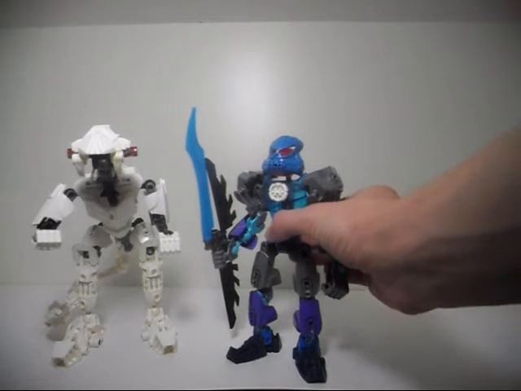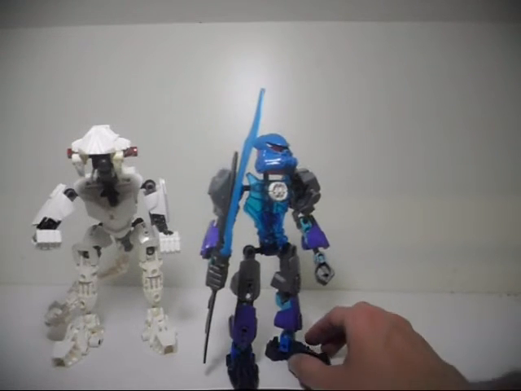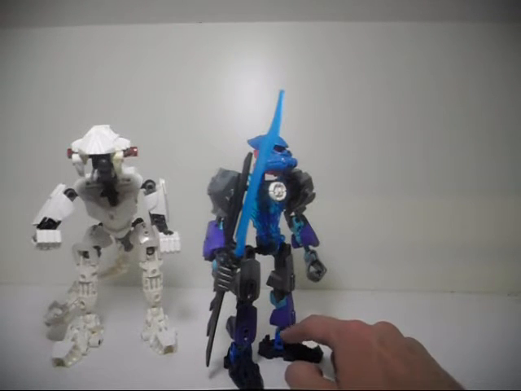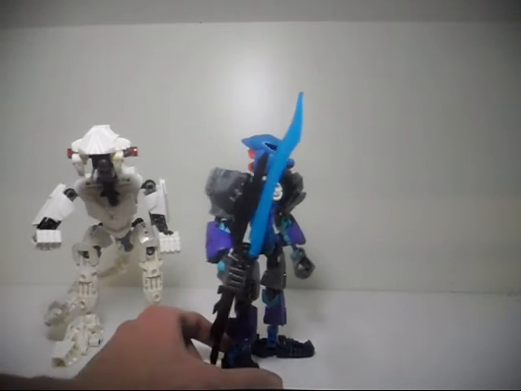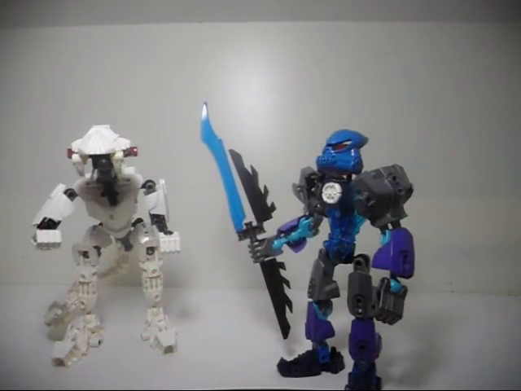blue in there. I kind of consider the main body piece to be more of a dark blue than a light blue. And by light blue I mean standard blue. I got the blue ball cup pieces on the feet, so there's more of the standard blue right there. And for the weapon, I just went the same route as the Brain Attack accessory pack weapon, you